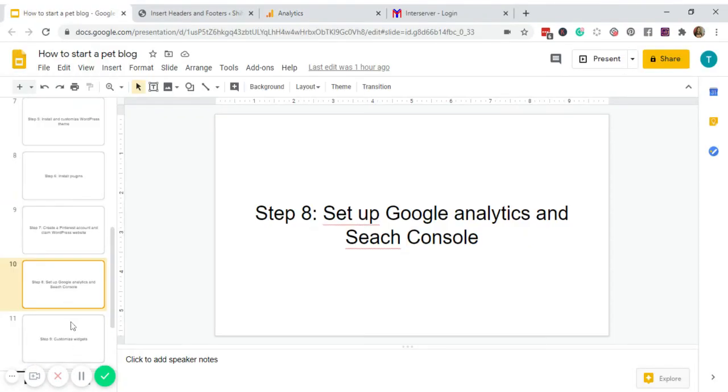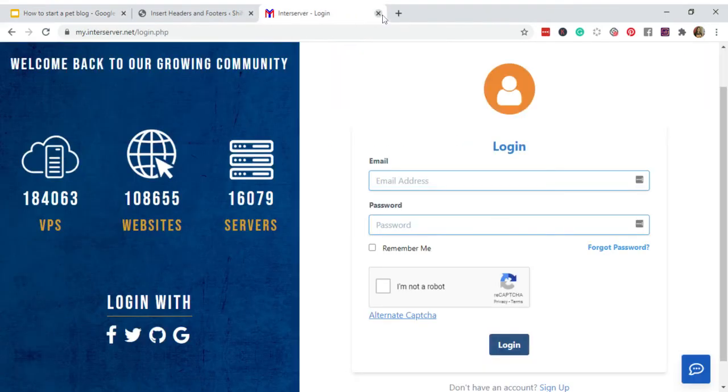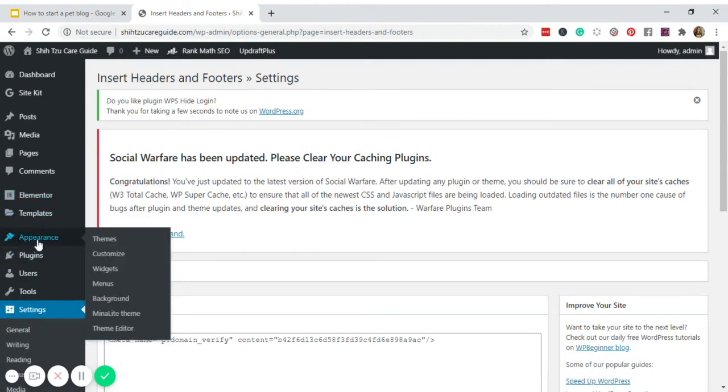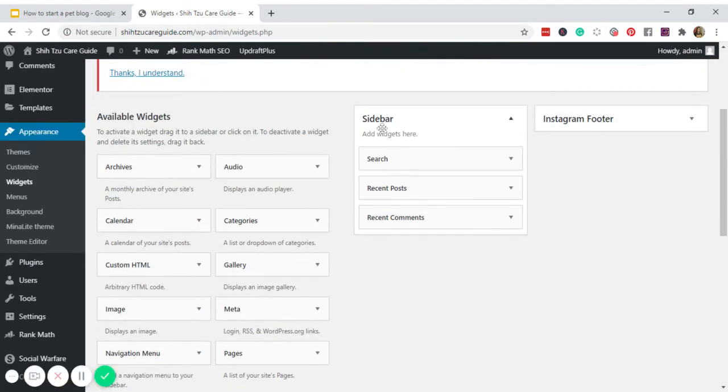So now it's time that we proceed to the next step, and that is step number 9, to customize widgets. So let us exit from Google Analytics and then go back to our WordPress dashboard. For the widgets, let's go to Appearance and click Widgets. Okay, there you go. So for the sidebar, at the moment, when we view our website,